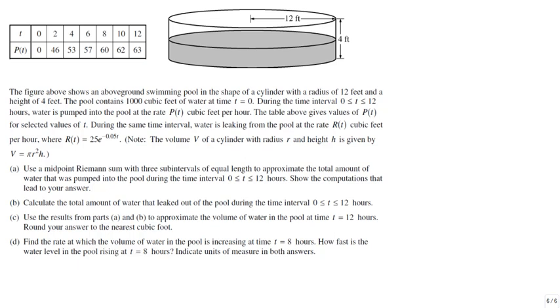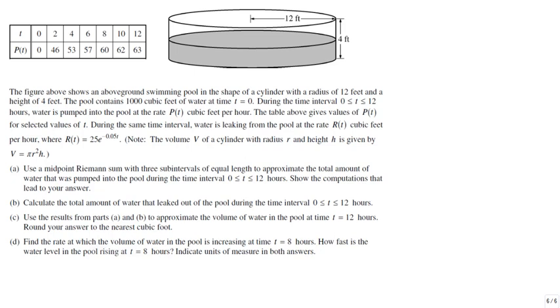Okay, in the next problem, the figure above shows an above-ground swimming pool in the shape of a cylinder with a radius of 12 feet and a height of 4 feet. The pool contains 1,000 cubic feet of water at time t equals 0. During the time interval from 0 to 12 hours, water is pumped into the pool at a rate p of t cubic feet per hour. The table above gives values of p of t for selected